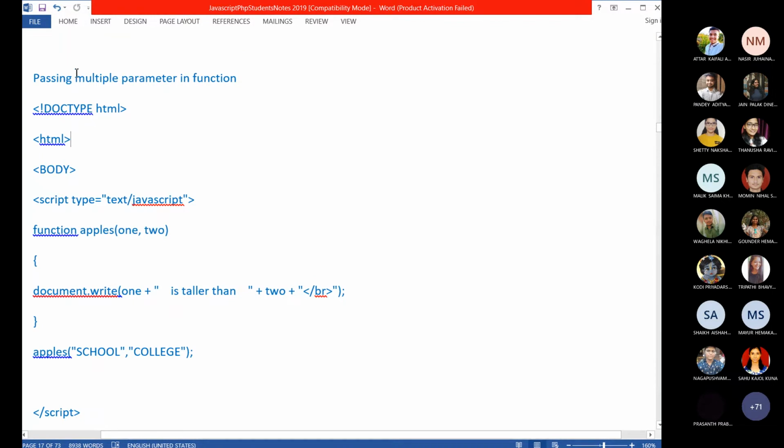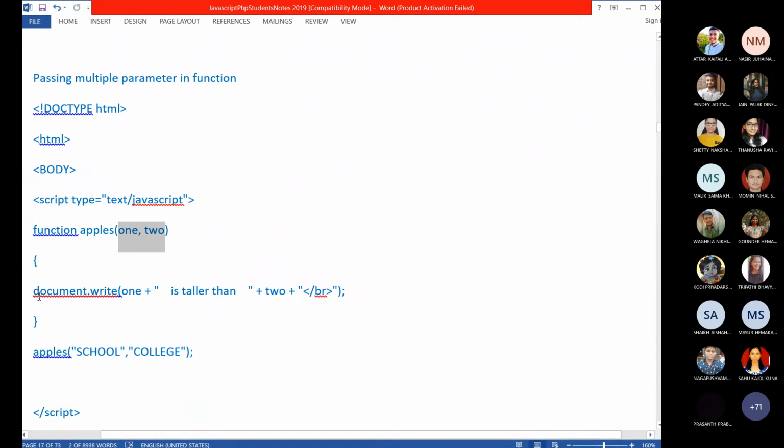Actually, these will be executed first, and then it will identify JavaScript by seeing the script tag. The JavaScript code is there in the program, and then these lines will not be executed because this is a function definition. A definition will not be executed unless you call the function. So directly it will come here, taking these two values, then the control will come here and assign these two values to these two variables.